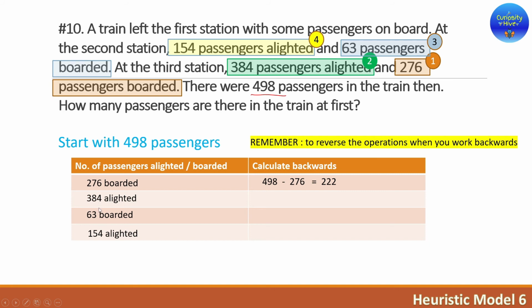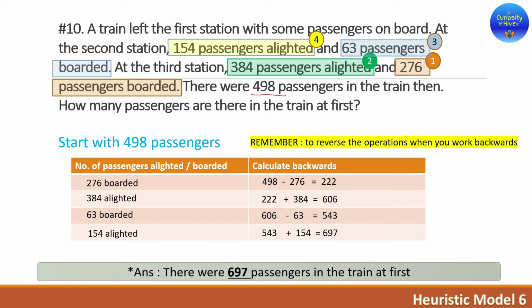Now I move to the second line, which is 384 alighted. That means I'm going to add it to my 222 because alighted means they were present in the train earlier. That leaves me with 606. Let's go to the next line, which says 63 boarded. So boarded means I'm going to subtract it from 606, leaving me with 543. And finally, 154 alighted. That means they were present in the train, only then they can alight. So I will add 154 to 543, giving me 697, which indicates that there were 697 passengers in the train